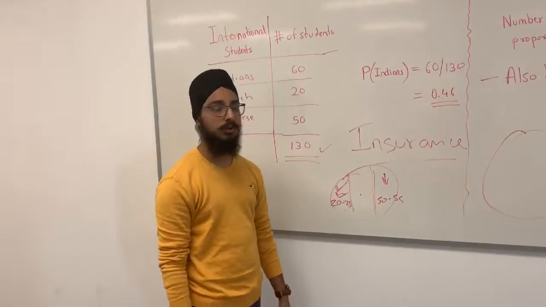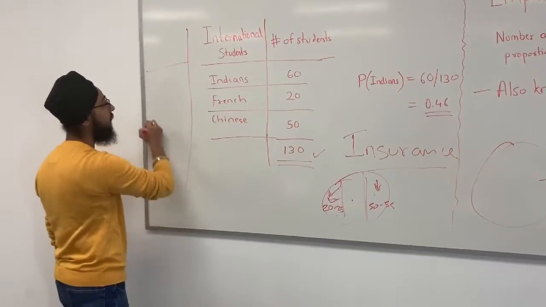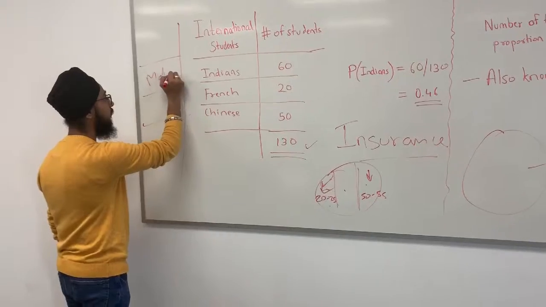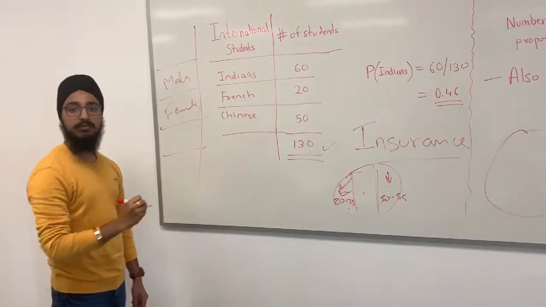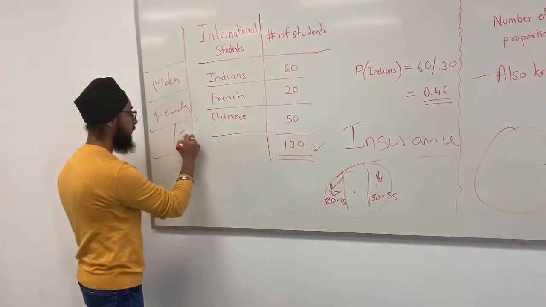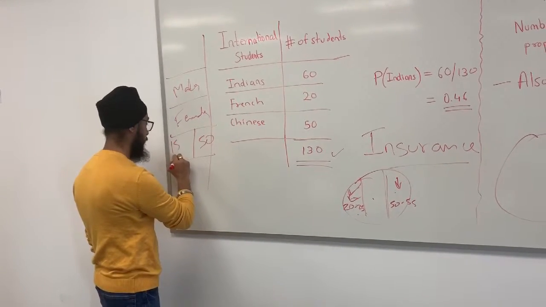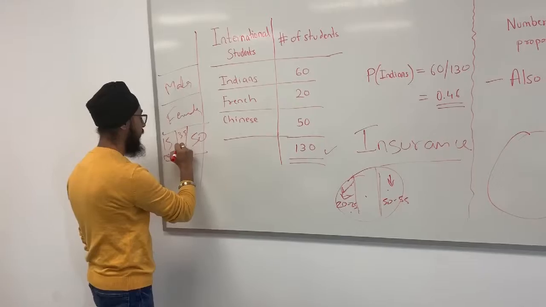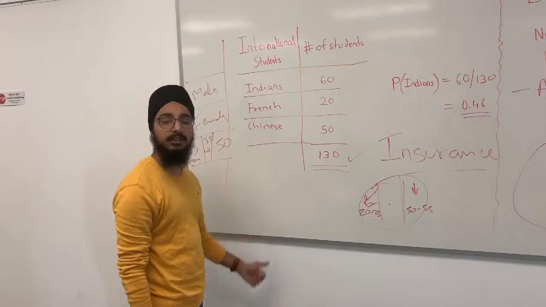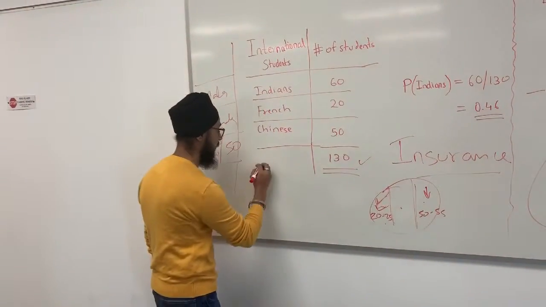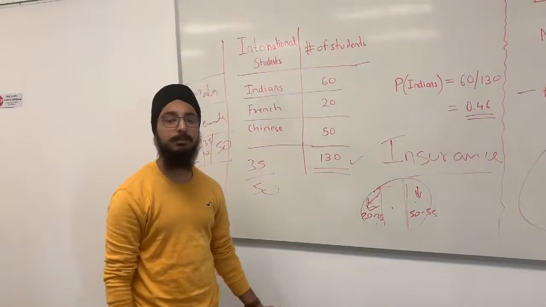Another example of empirical probability could be, in a simple way, males or females. For example, if we have 50 employees, out of which 15 are men and 35 are women. What is the chance that a woman will be selected for manager's post? The answer will be 35 upon 50. So this is how we find the empirical probability.